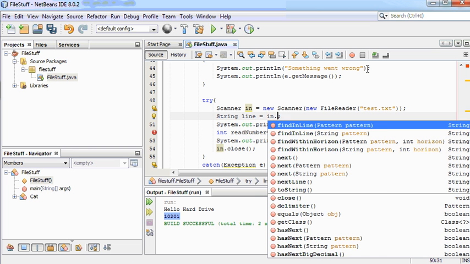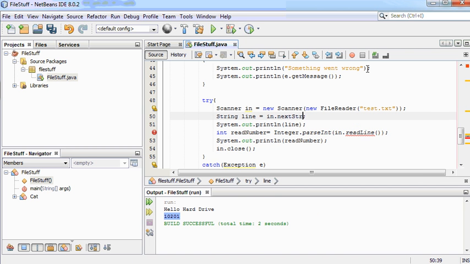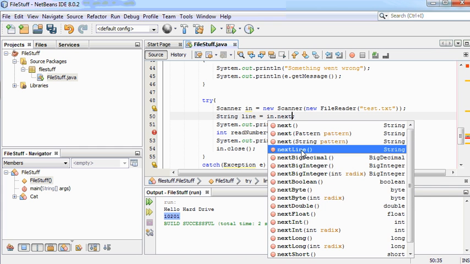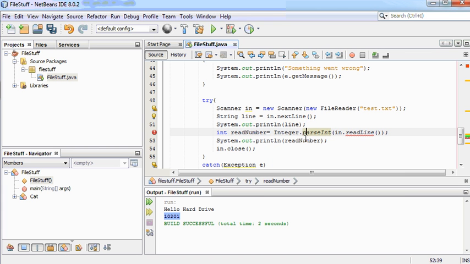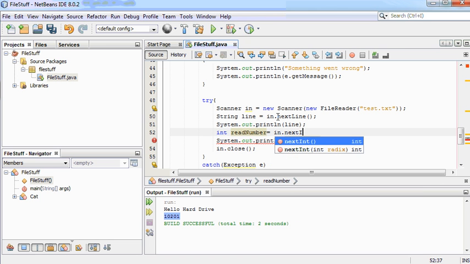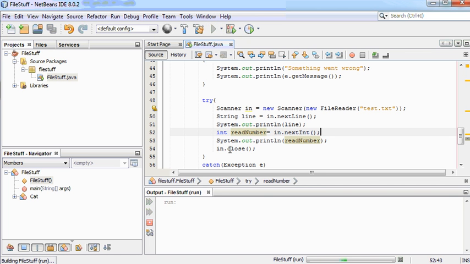Oops. Should be a next string in here, I think. Well, maybe not. So we'll just read the first line. And then for the integer, we'll go in.nextInt. Notice we don't have to convert it because it returns it back as an int. And you'll notice it actually didn't work out for me